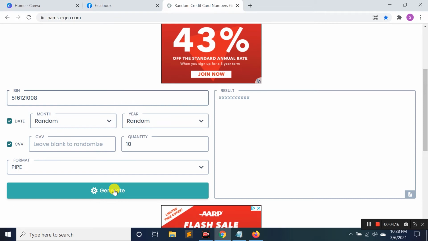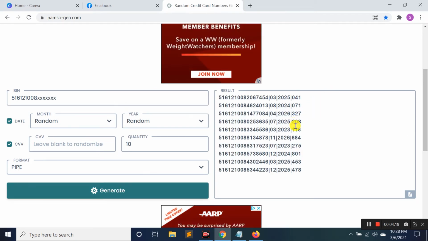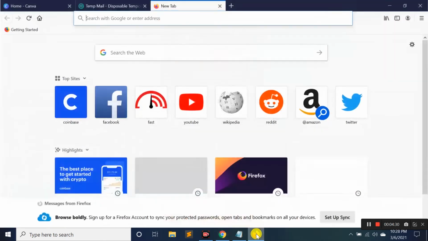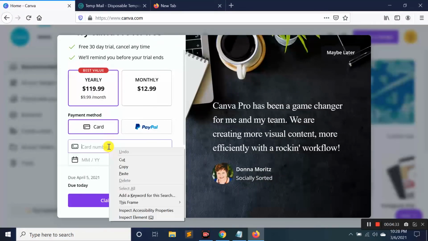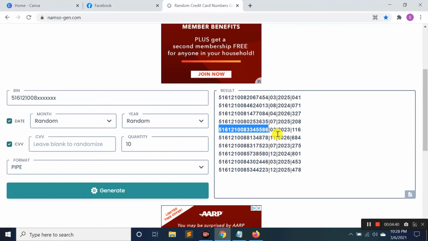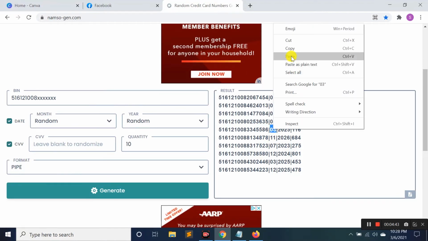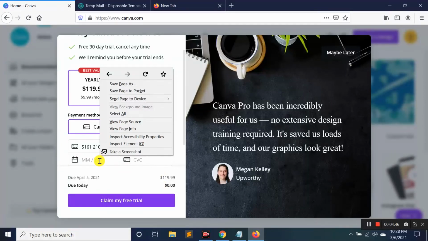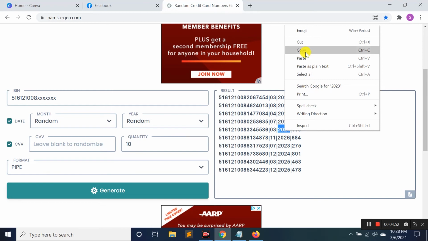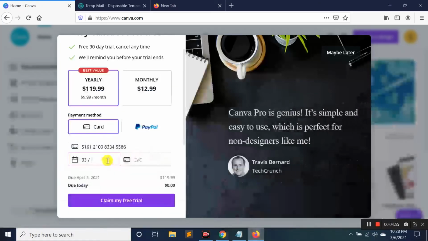Then month and year. Month. Then the year. Finally the CVC. Okay, we have pasted the CVC. Now you can see we are paying $0 for the Canva Pro, and we will get the Canva Pro for